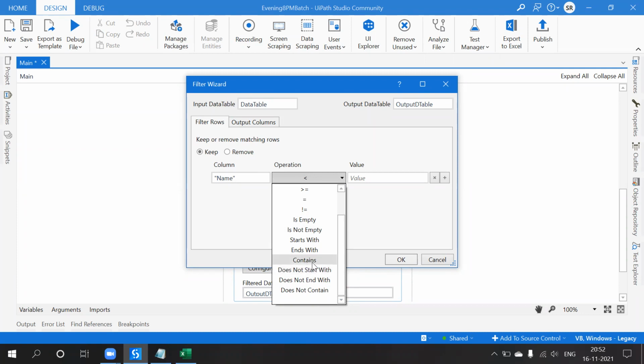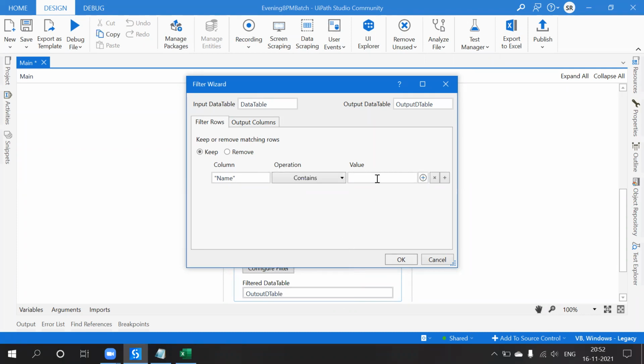So contains, what is the value? This is for removing a filter, and this is for adding one more filter.